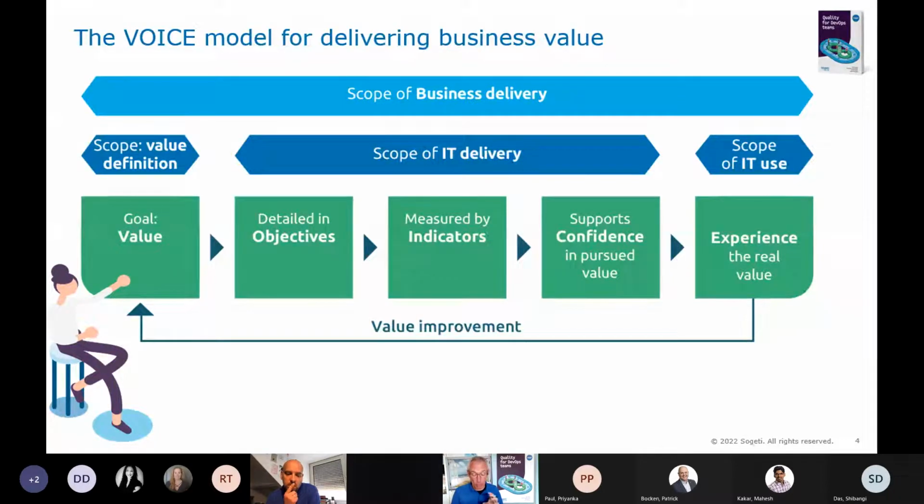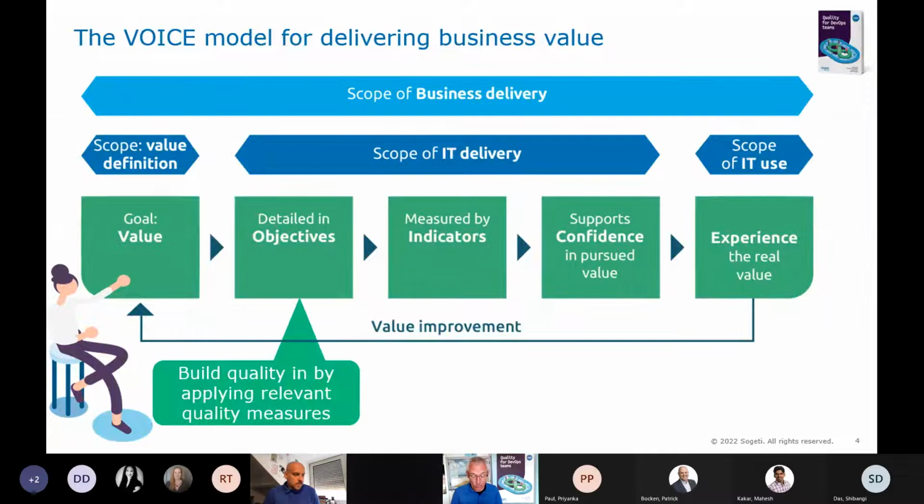The first step is to define the objectives, and with the objectives, find the quality measures that you need to build quality in. Like Dennis already said, we want quality at speed and we want to do it right the first time. So we want to build quality in by applying relevant quality measures. But then, of course, we also need to know if we are actually getting towards our